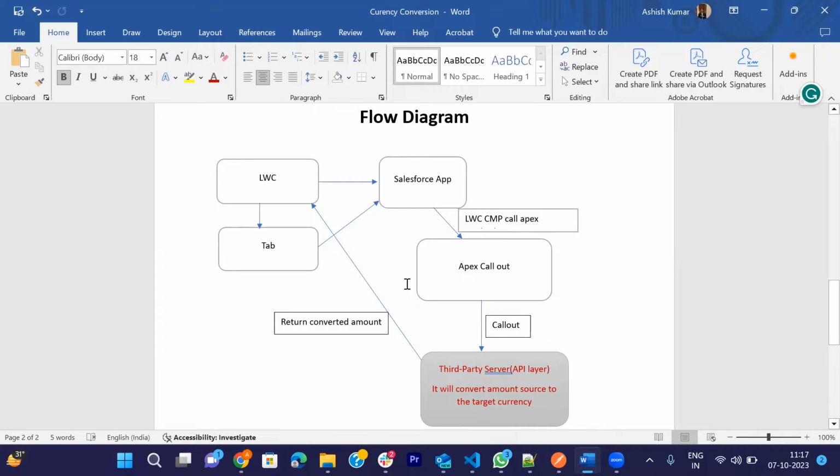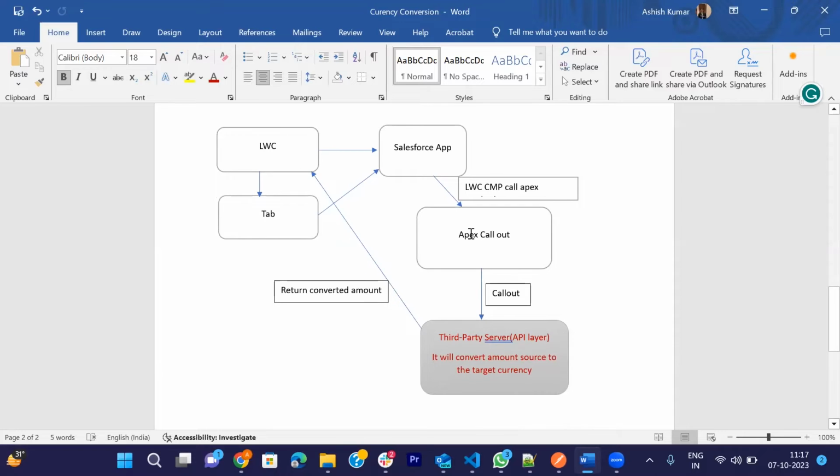After that, we will drag the component into our Salesforce app. In the application, whenever you fill in the amount and click the button,